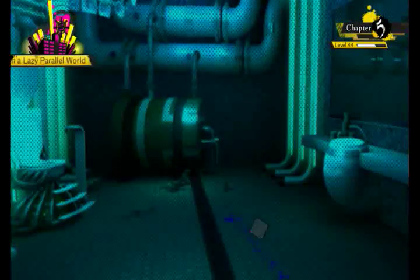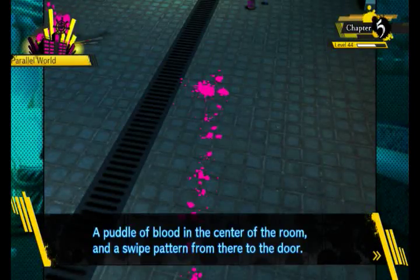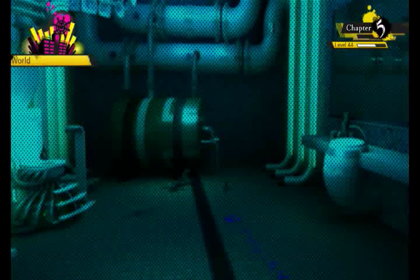So much confusion. More blood. Bloodstain. A puddle of blood in the corner of the room and a swipe mark from there to the door. Could this mean...